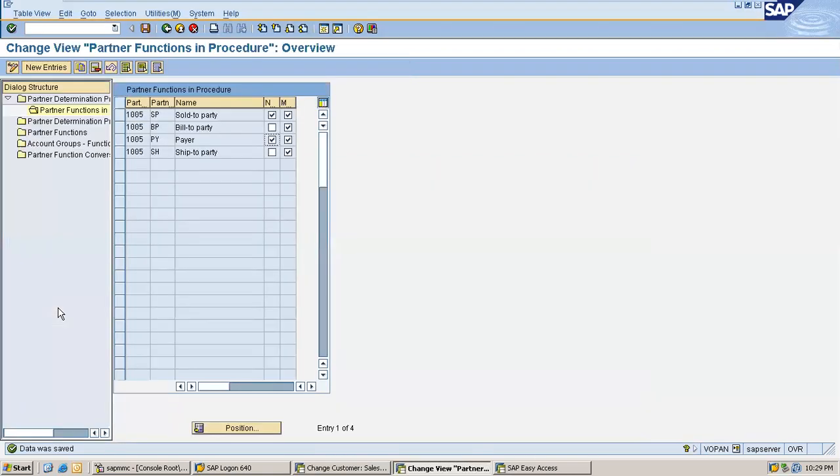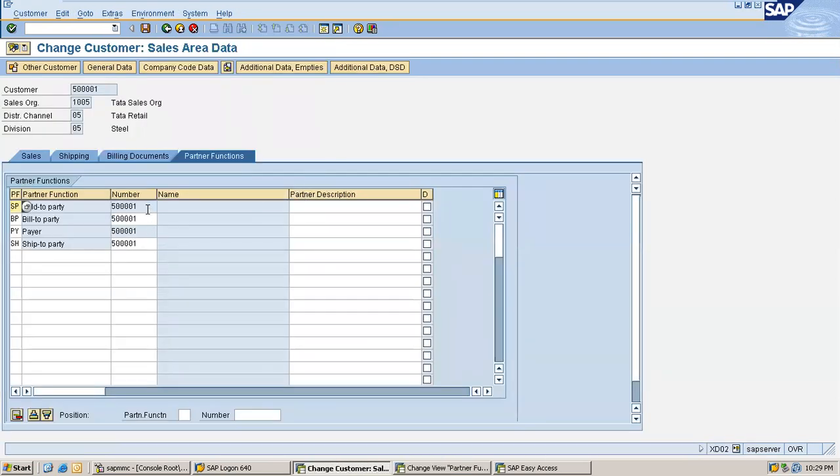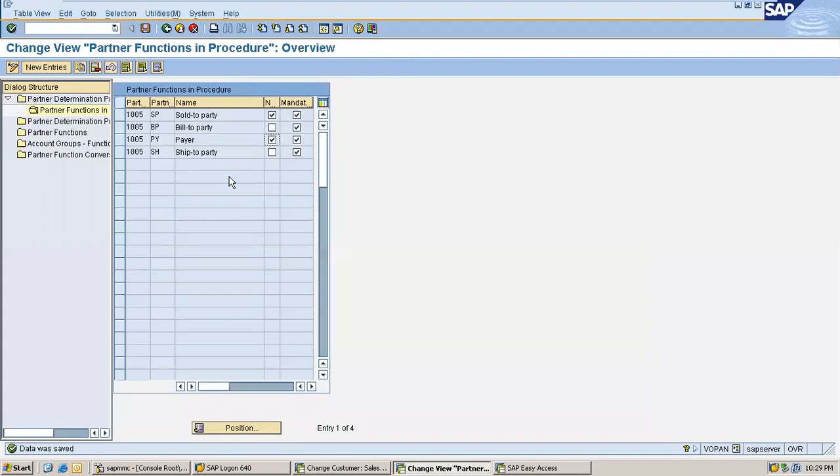Now, so that you know the use of not modifiable checkbox. And this field is called mandatory. Okay, mandatory. This is not modifiable. See, not modifiable. Description of this field is not modifiable. And this is mandatory function. So at the time of customer master creation, system is adding all these partner functions here because I marked these partner functions, sold to party, ship to party, bill to party, payer as mandatory partner functions.